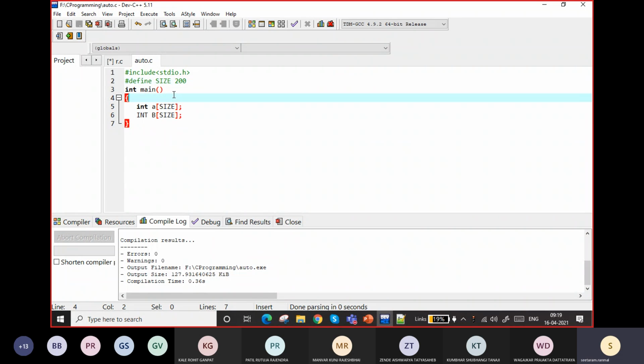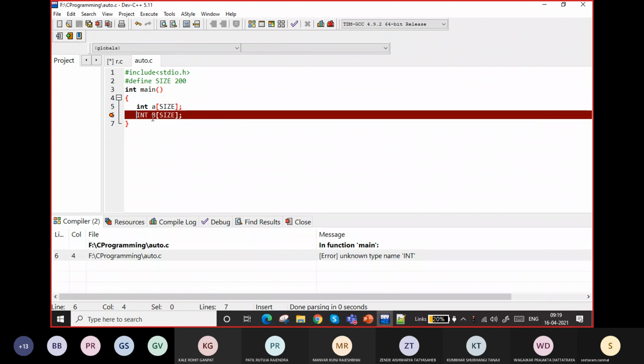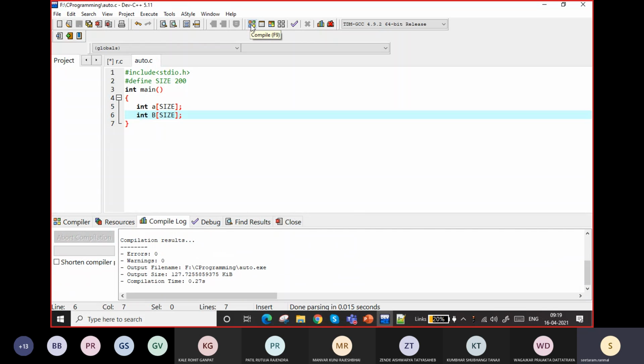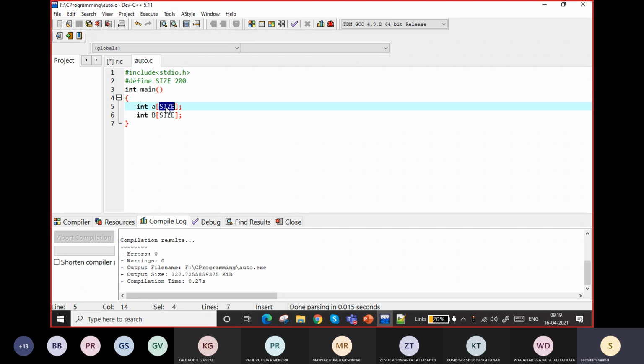Preprocessor means what? Whenever you are compiling this, it takes a copy of this. Whenever there is the word size, it changes it to 200. This is the same as defining this as 200.